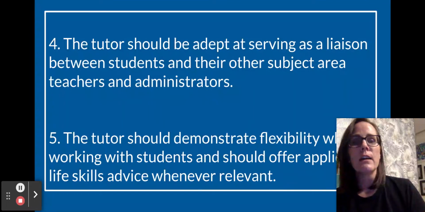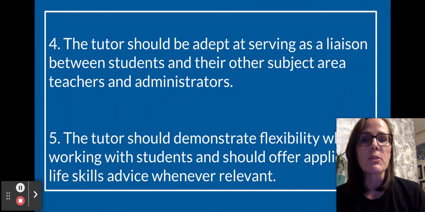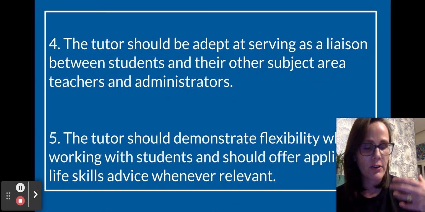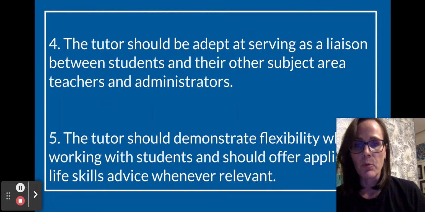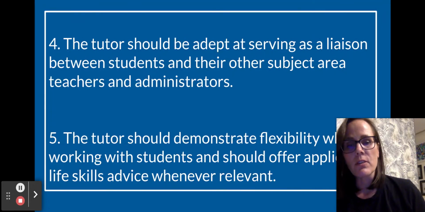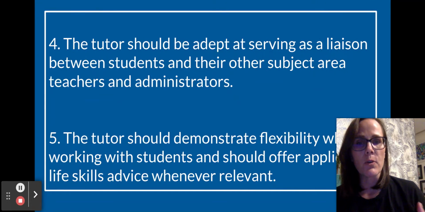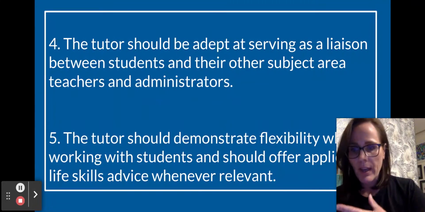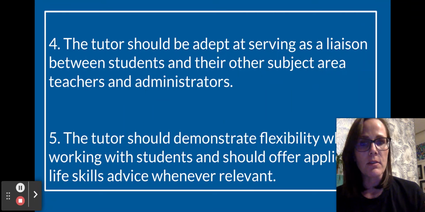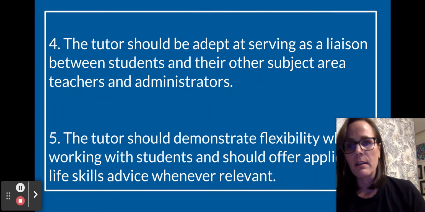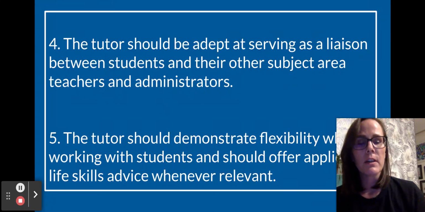And finally, the tutor should demonstrate flexibility when working with students. So every year changes. Every year, a student body is not going to be the same as it was the year before. The needs of students are going to differ. And so the tutor, even if they have a set curriculum for what is supposed to happen in the tutorial,